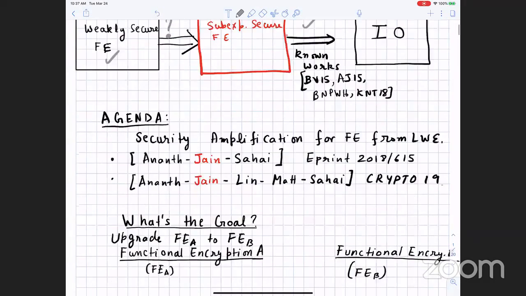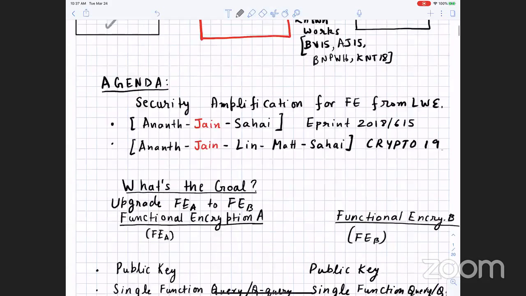So the agenda of my talk is to present a security amplification theorem for functional encryption from LWE. And this is going to be a slightly technical talk, as I'll try to convey most ideas that were in the proof. At the same time, I'll try to hide some of the technical nitty-gritties just to keep it light. If you want to read more about the proof, you can look at our full version, which appears in